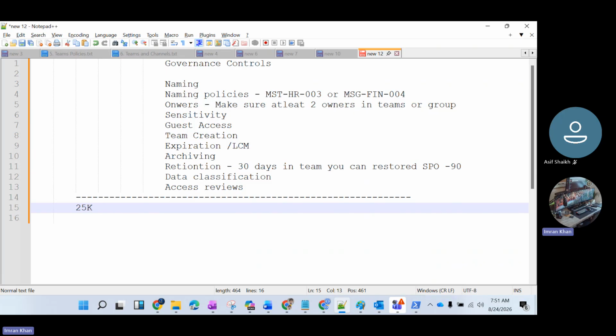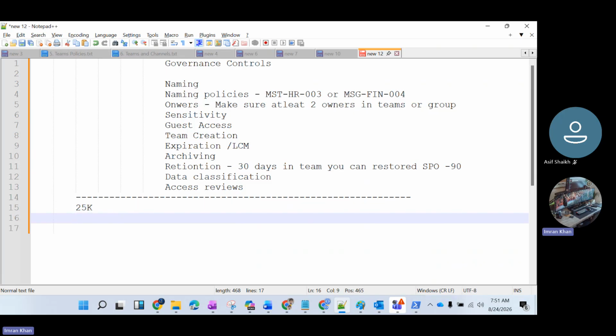What exactly you see means if you have 25,000 teams in your tenant, you cannot manage everything. You cannot go to every team and check everything. So we use a monitoring dashboard where we can set some parameters, and based on those parameters we can do inventory, user analysis, and owner validation. Suppose I have 25,000 users, so what exactly can we say? We just say